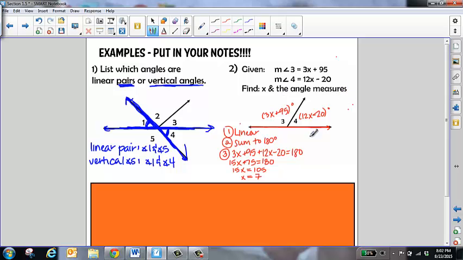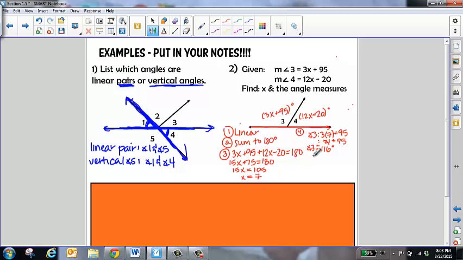Okay, so angle 3 then, that's step 4, we have to substitute in. So for angle 3, we're going to have 3 times 7 plus 95. So that's going to give us 21 plus 95. And that's going to give us 116 degrees. So angle 3 is going to be equal to